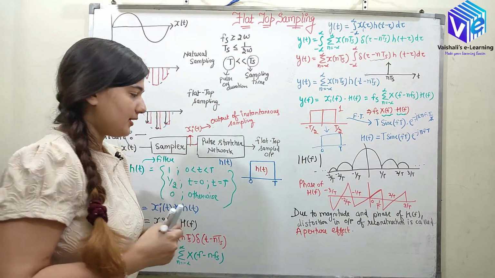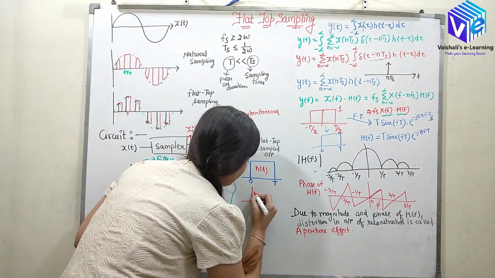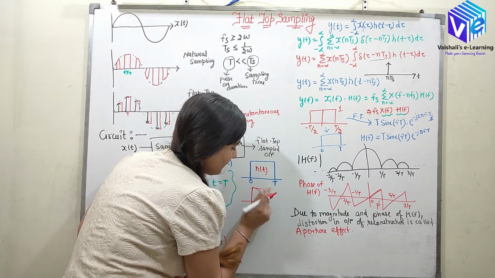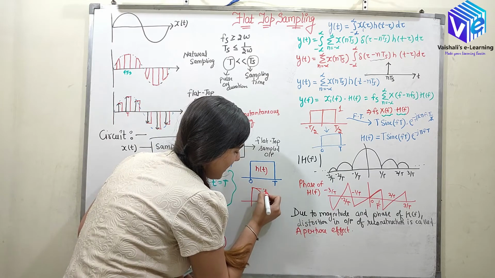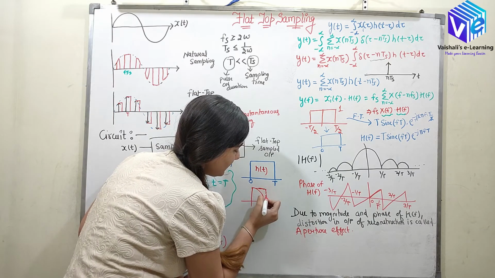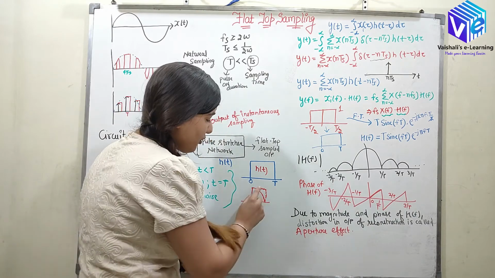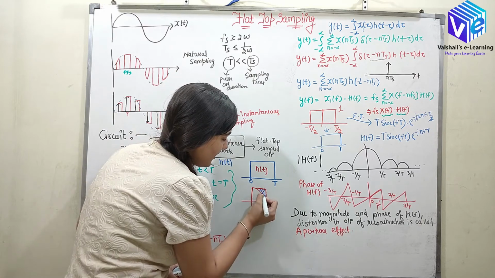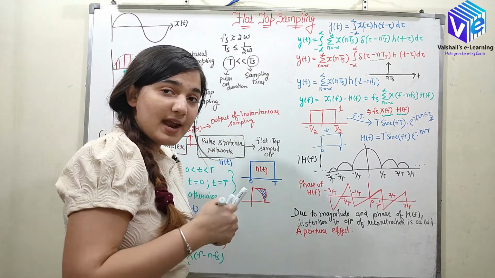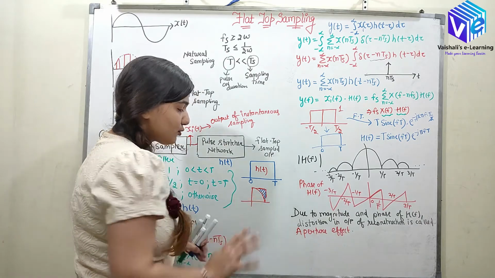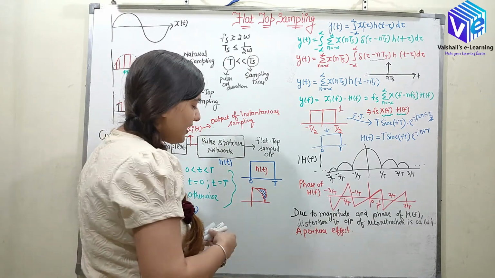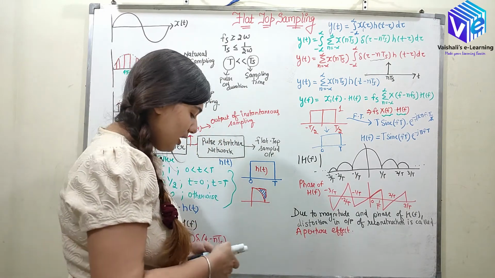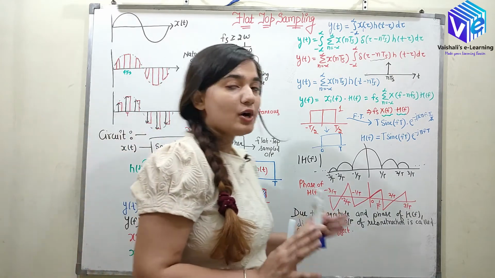So now I hope you are agreeing with me. So now if in the time domain I have this sinc function, so at the aperture, because when x(t) is multiplied with this sinc function, at this aperture there would be distortions in the output, because here when it is multiplied with this sinc function, this part would not come and will cause the errors. So this is called aperture effect. And why is it called aperture effect? Because this aperture is causing the errors or the distortions. So now I hope you are very clear what is aperture effect.